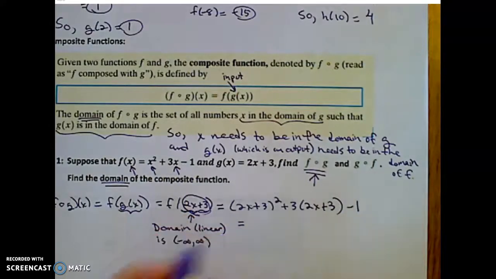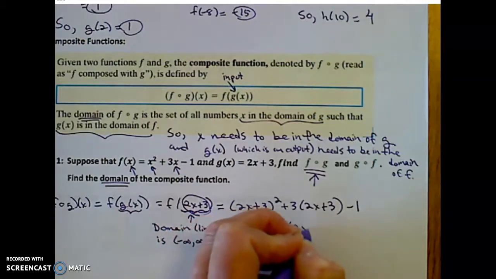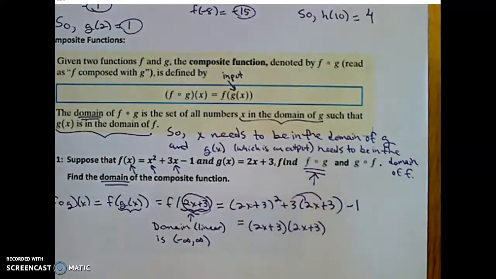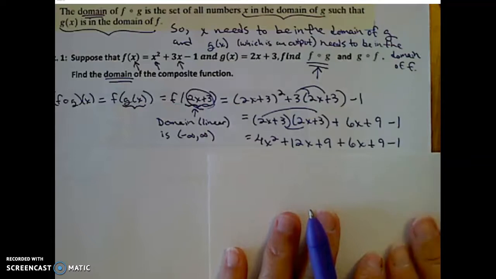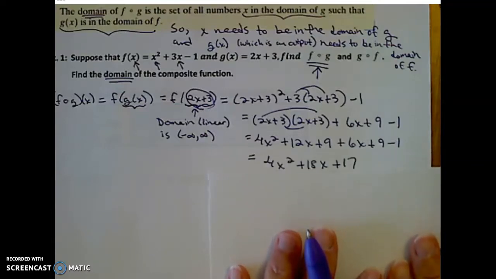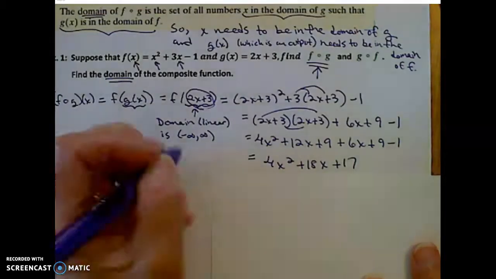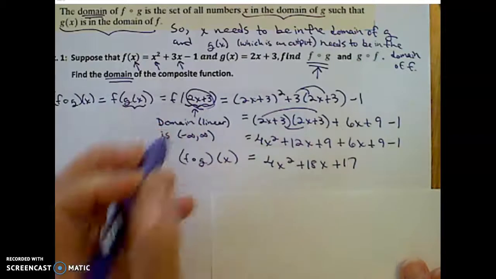I'm going to pause so you can start to simplify, but remember this thing squared is 2x plus 3 times another 2x plus 3. Distribute, and then subtract 1. I'm going to pause. Okay, you can check your work. I FOIL. I combine like terms, and that means that that original composition, f composed of g of x, is